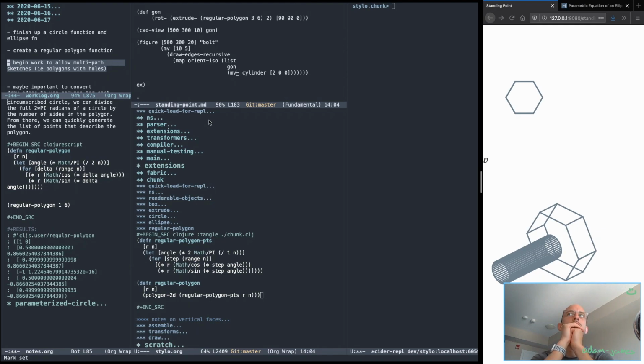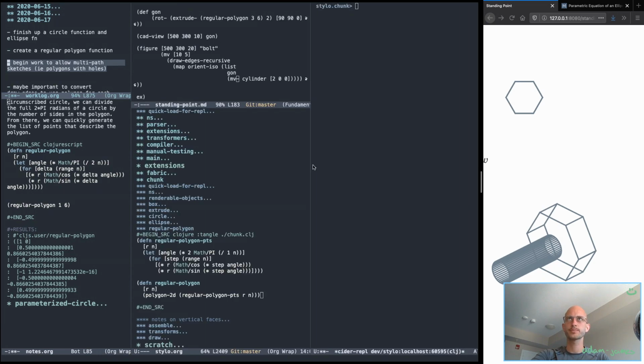But I have a little bit of an idea that might work. So I cannot just directly merge the two, and the reason for that is because if I extrude